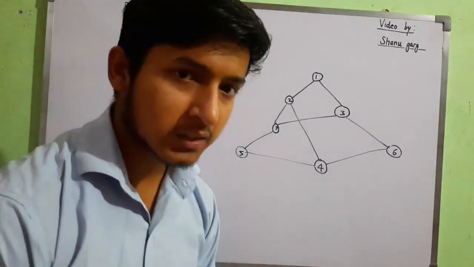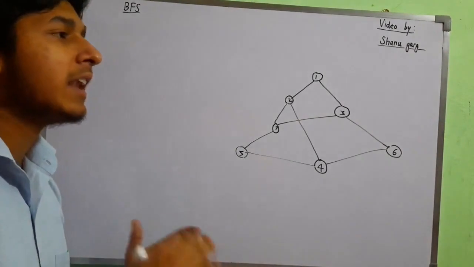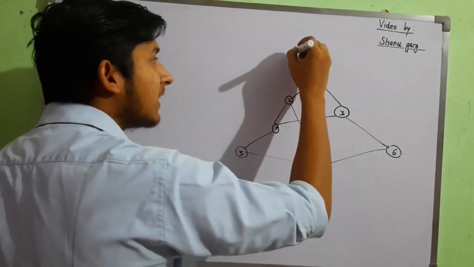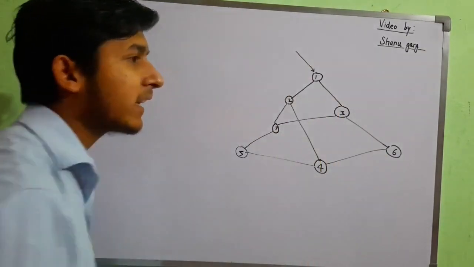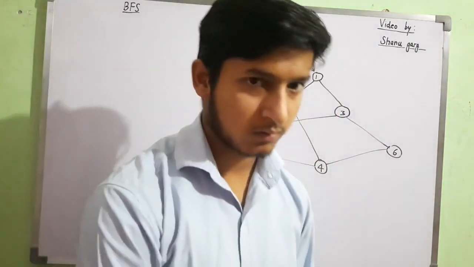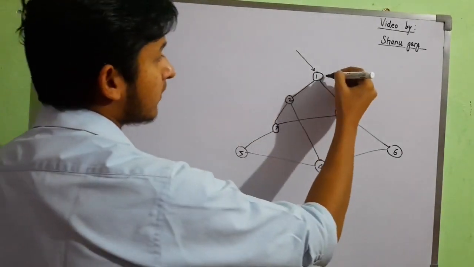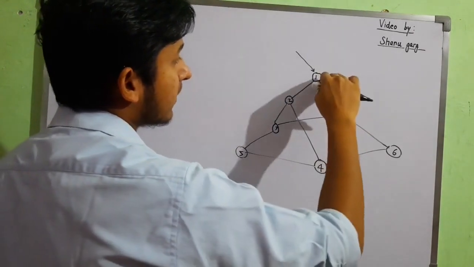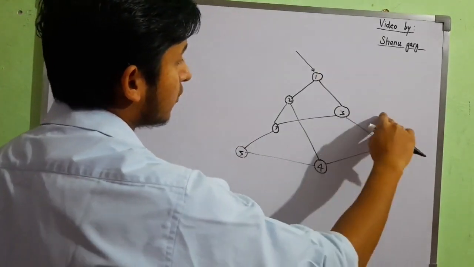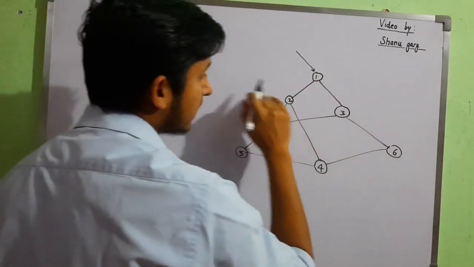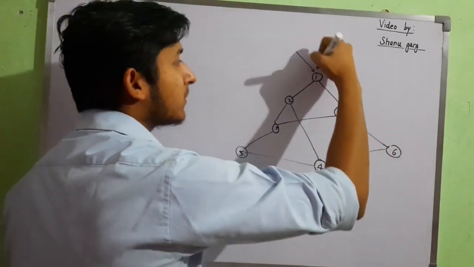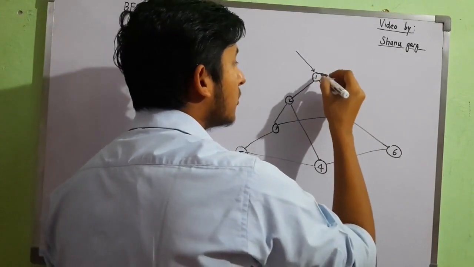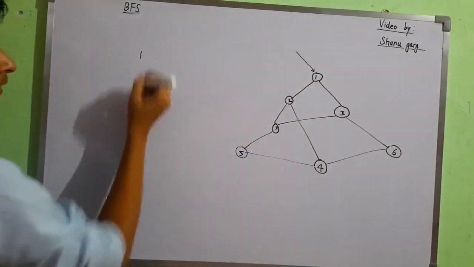In breadth first search, which is also known as level searching, we start with any node and explore its layers. This is the first node, it has 2 nodes connected to it. This is level 1, this is level 2. After this, I'll explore these 2. This is my first node. I have 2 children. So I'll say here is 1.